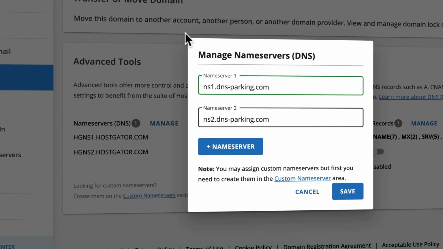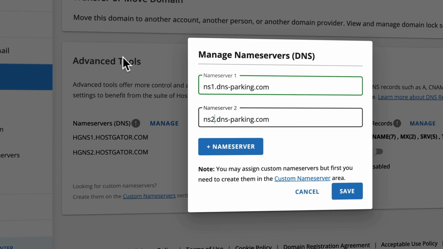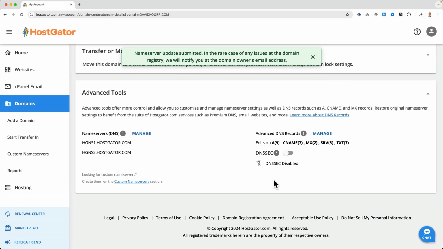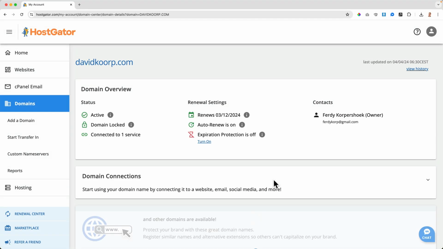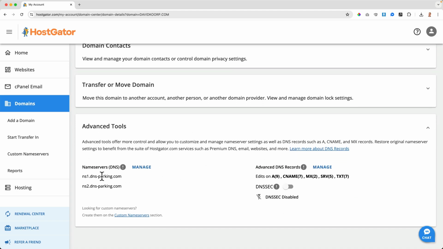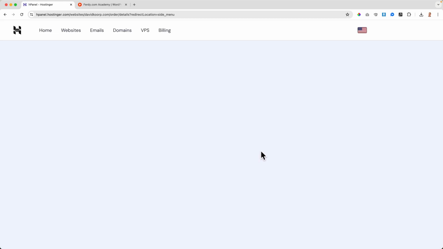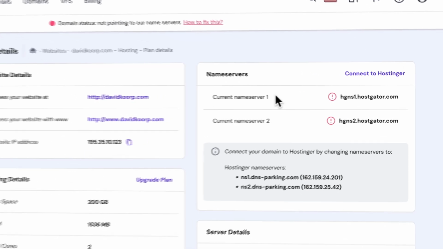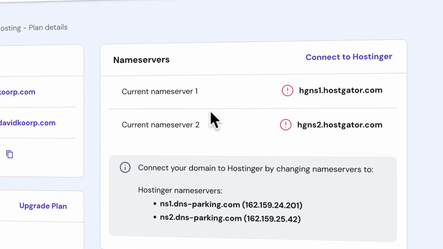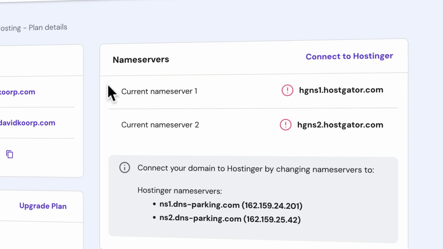So what will happen? The domain I have here at HostGator will point towards the website at Hostinger, the one we already have migrated. So I click on save. This can take up to 24 hours. Now if I refresh the page, I scroll down, you see they are linked now towards Hostinger. So I close this. And if you would refresh this, it can be that it will not be shown immediately. So we can check it over here. If the name servers are already the same ones as these, if that's the case, then the domain is pointing towards the website at Hostinger.